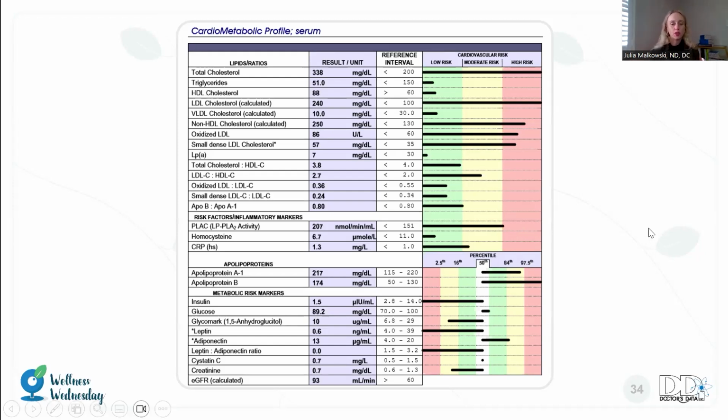For this individual, their apolipoprotein A1 is reasonable, which is great, but their apolipoprotein B is too high. The next piece of information we see is that insulin is too low, and this is an artifact of the ketogenic diet, as ketones will decrease insulin. Leptin is very low for this patient. It may be genetic, but it may be a factor of the ketogenic diet. You also see this in patients that have very low muscle mass.